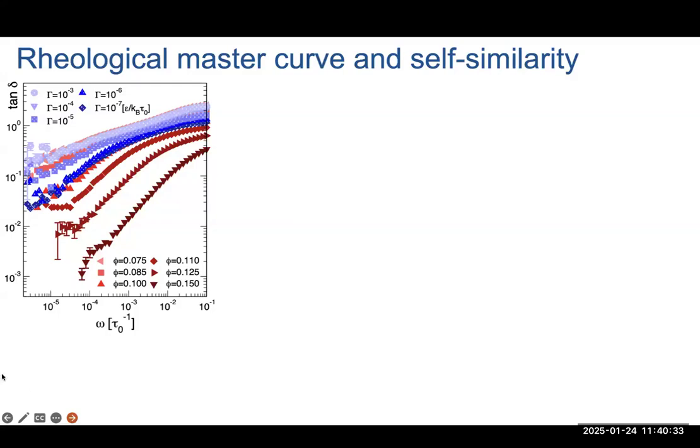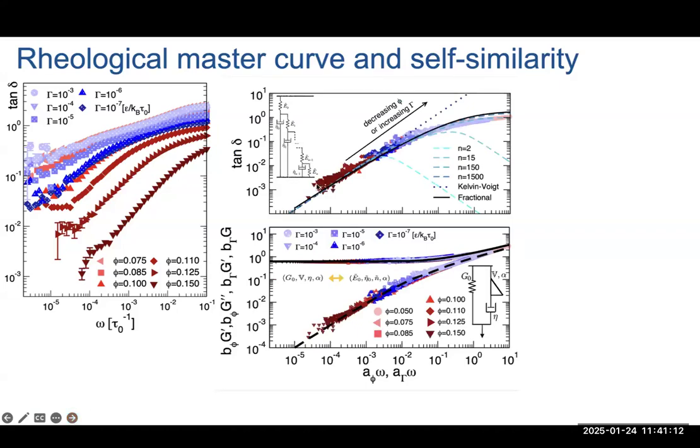viscoelastic response over a broad range of frequencies, then you can do these, maybe 11 or 13 gels, where we vary both volume fraction and range of interaction and gelation rate. And here what I'm showing is a representation of the viscoelastic response, that is the tan delta. So the ratio between the viscous part and the elastic part of the response, which changes with frequency. And it changes all over the place when I change the density in a relatively narrow range of concentration and the gelation rates. However, I realized that actually these spectra are not completely